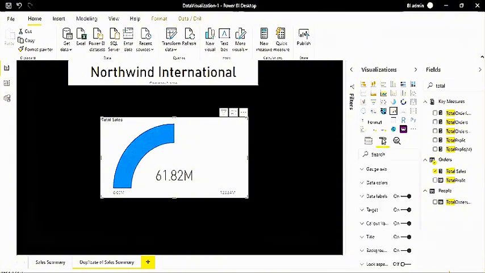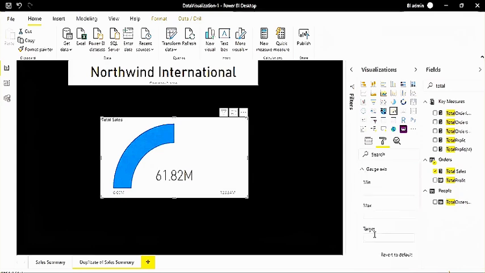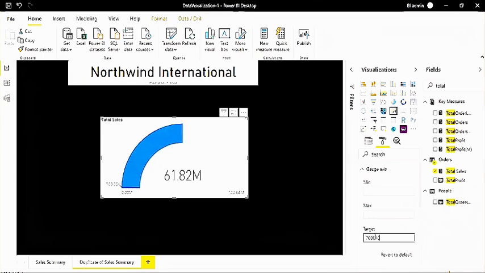So what you can do is go here to the gauge axis and put the target value here. Let's say it's 61 million. If I make it 70 million, I think it's done. 70 million, right? So now you can see this blue line is your target, and how much you have achieved till now. So 61.82 million you have achieved, but the 70 million is your hard-coded value, right? In case you want to increase it, you have to come here and change it manually.